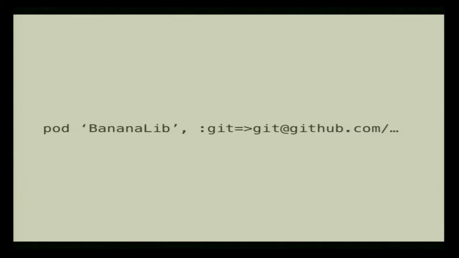And in your Podfile, you can specify the Git remote with the Git hash rocket. It has to be a .git. It will also, I believe, work with SVN. We also have Mercurial and I think Bazaar support now if you use one of those. But just another